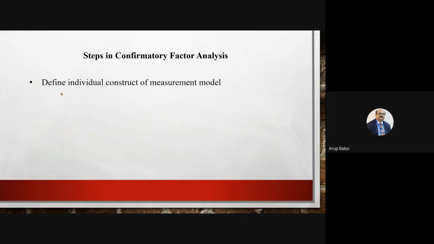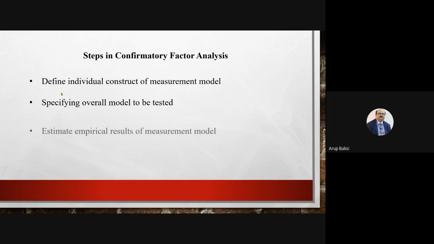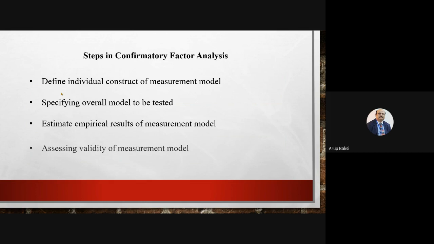So what are the steps in confirmatory factor analysis? We need to define the individual construct of the measurement model. The second step is specifying the overall model to be tested. The third one is estimation of the empirical results of the measurement model. The fourth one is assessing the validity of the measurement model. So we start with defining the individual construct of the measurement model. The individual construct of the measurement model in most cases comes from the literature review and your own thought process or your own inputs as a researcher,